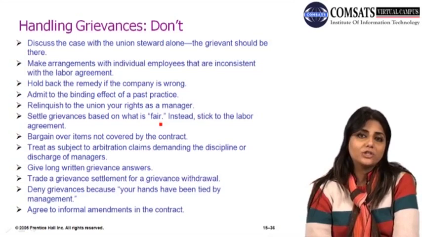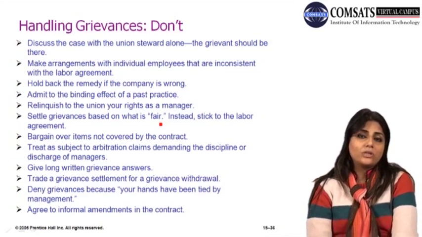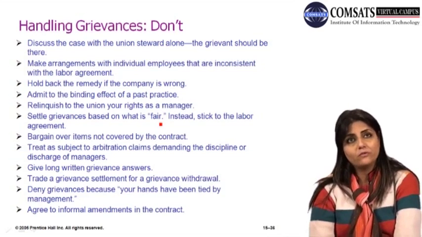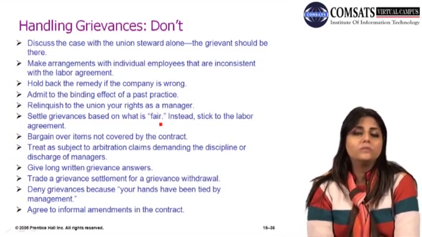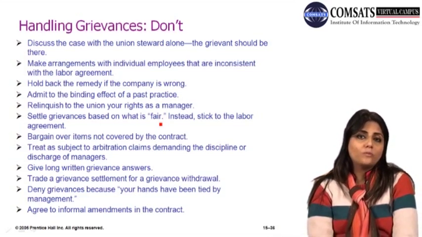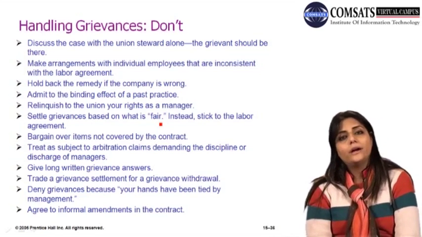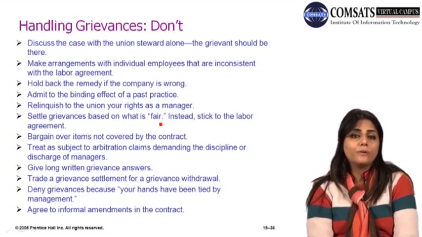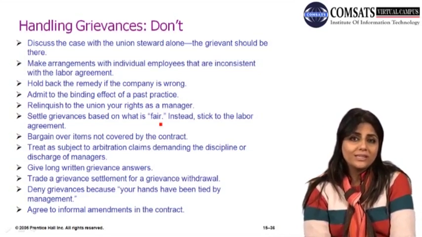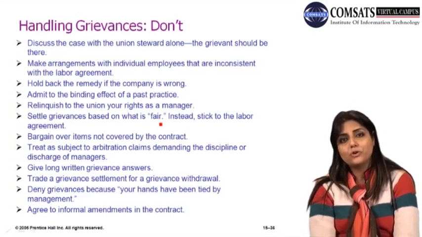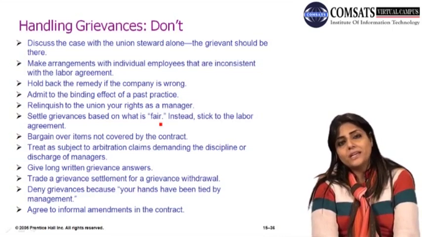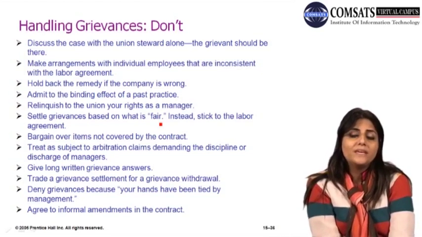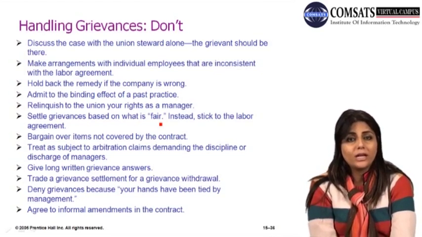And we also had a discussion on how this impasse can be resolved through third-party involvement, and we discussed two types of third-party involvement. One was mediation and the other arbitration. We discussed the differences between these two forms, their advantages and disadvantages, and then we had a discussion on how the employees can enter into strikes if the condition is still one of impasse, right? Then there are different forms of strikes we discussed. We also discussed how they can enter into picketing as well, when they want the general public to know that they are on strike, and what are the different implications of this picketing for the employer,